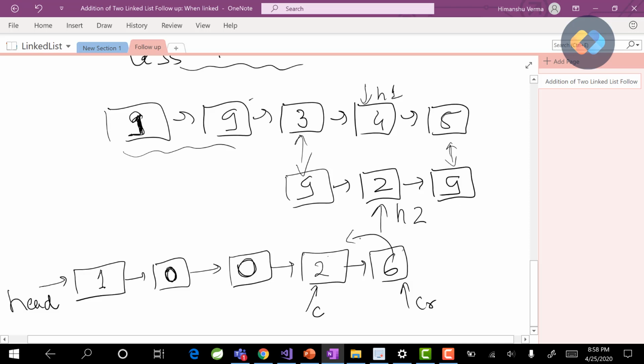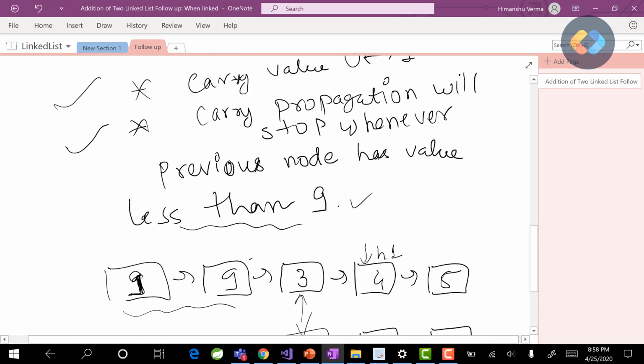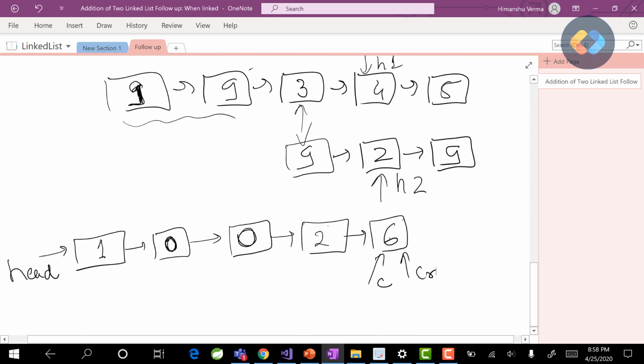So that's why in this case we will move our carry pointer here. And that's what we had seen: the carry propagation will stop whenever the previous node has a value less than 9. So it's wise to keep our carry pointer here rather than there, because this node will never generate a carry back, right? So we should move our carry pointer here.